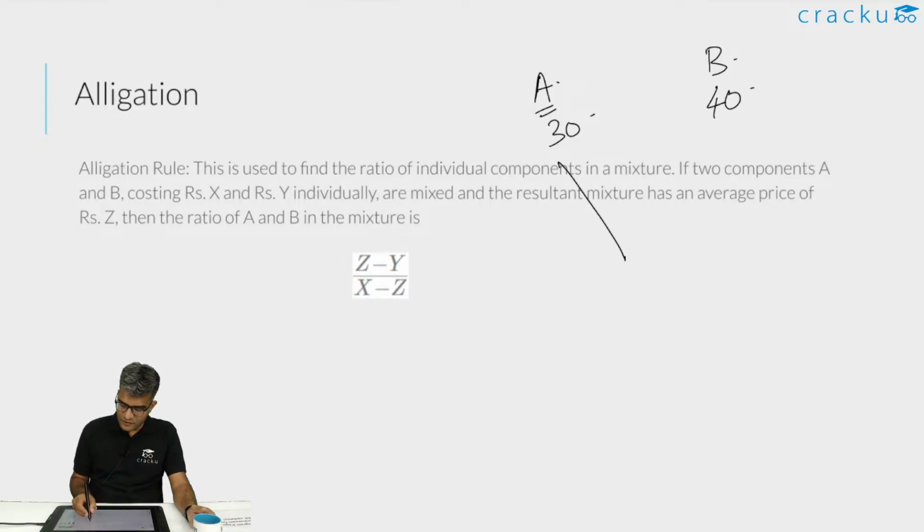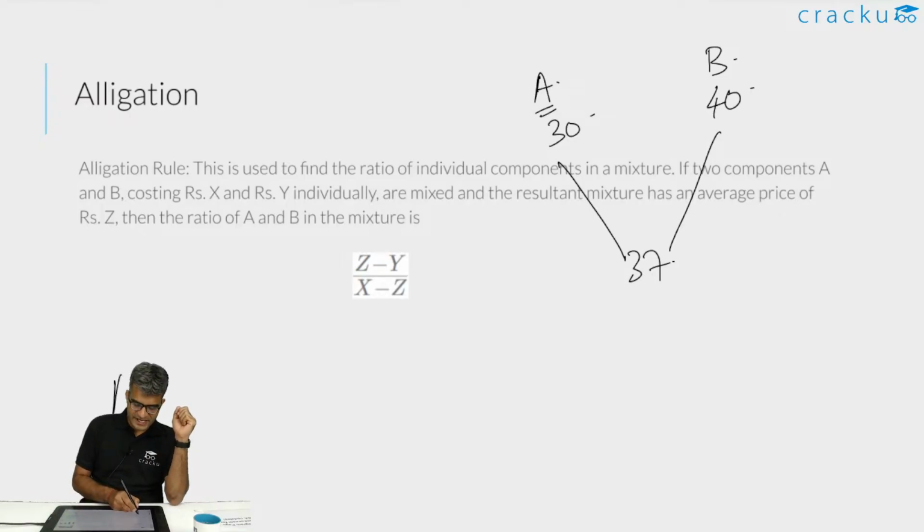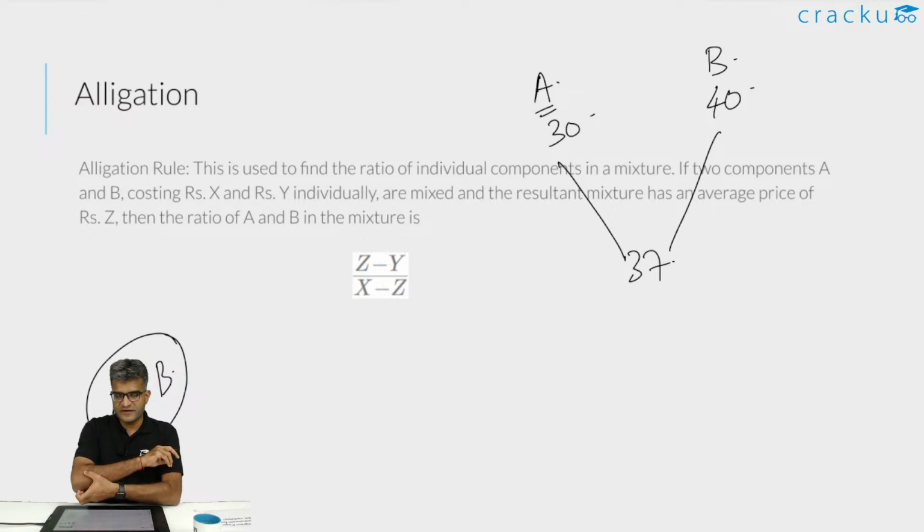You are told that if you combine all of them, the average of all the students in class A and class B together is say 37 marks. What you are asked to calculate is, what is the ratio of the number of students in A to the number of students in B? These kind of questions can be used, and if you are given these kind of questions, using allegations is useful.